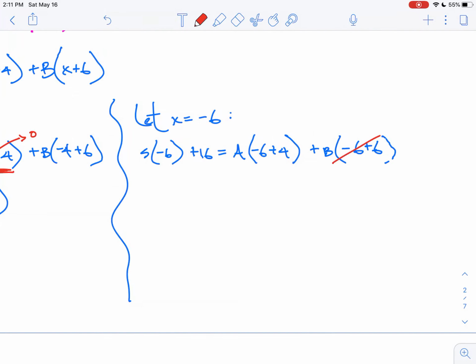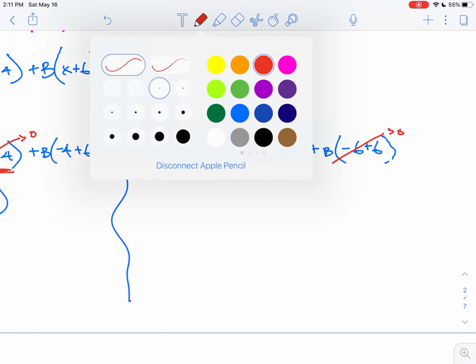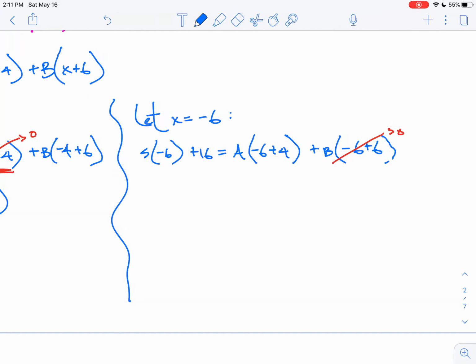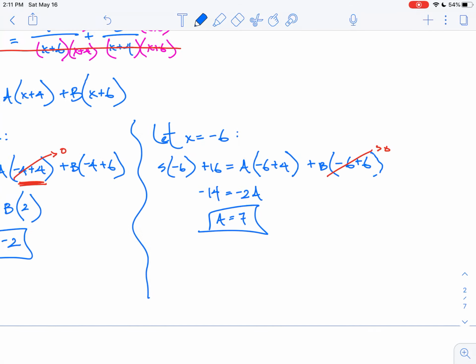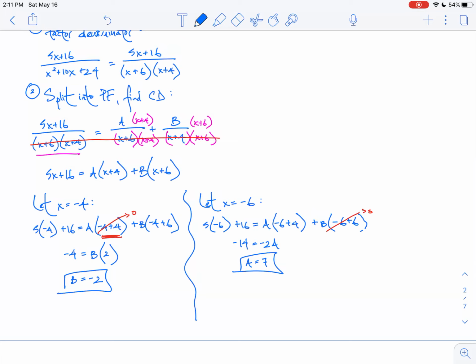Well, this is really nice because now this one goes away, and that allows me to find a. So negative 30 plus 16 is negative 14 equals negative 2 times a, and this is going to give me a equal to 7. Okay? So I found my a and my b, and now my last step is just to plug them back in